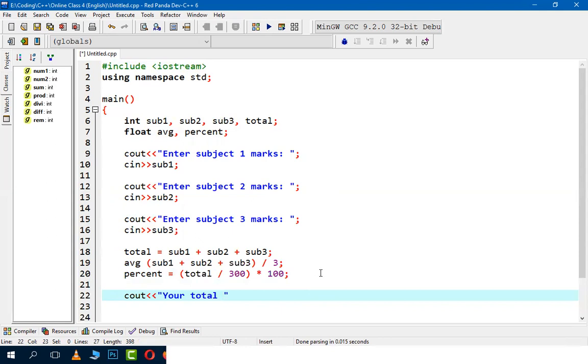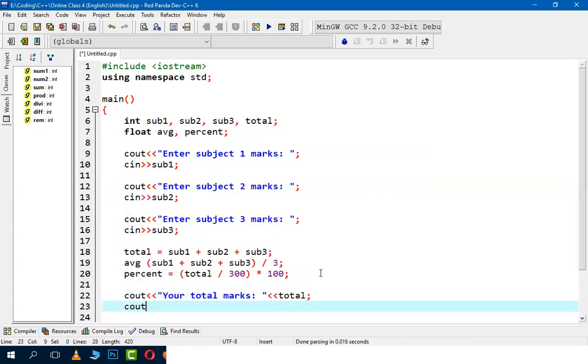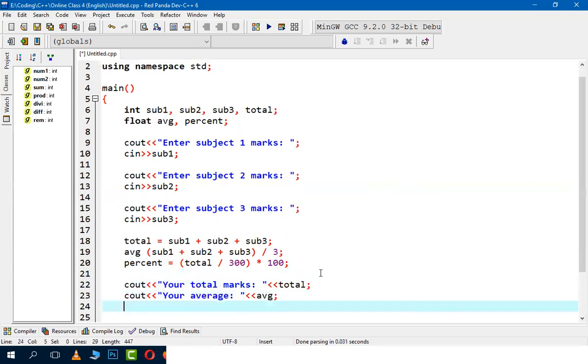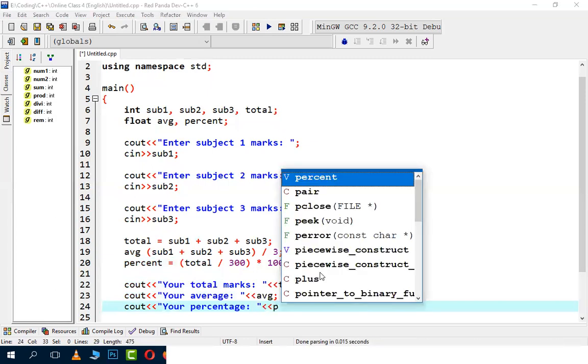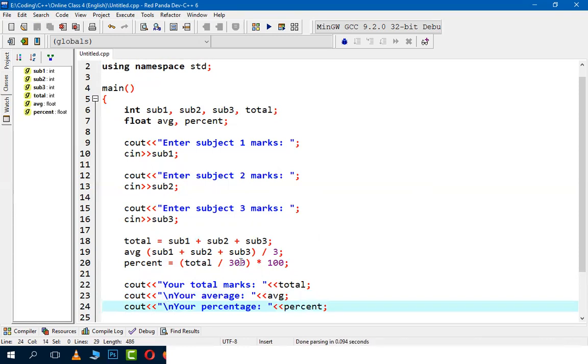Let's display this message. Your total marks are, go with the total variable, and then cout your average is, with this colon symbol, and then the average variable in which I have stored the average, and then cout your percentage, and then this is going to be the percentage variable here, and I will break this line here and also this one here. So let's compile it